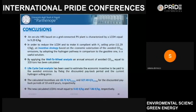which involves considering the amounts of CO2 we can avoid by adopting the hydrogen pathway with respect to the gasoline one. We calculated this avoided CO2 amount by applying the well-to-wheel analysis and valorized it by applying a life cycle cost analysis. We calculated two different incentives for returning on the investment after a period of 10 years and 8 years, and at the end we were able to calculate the new levelized cost of hydrogen values, which decrease to €9 per kilogram and €7.86 per kilogram,